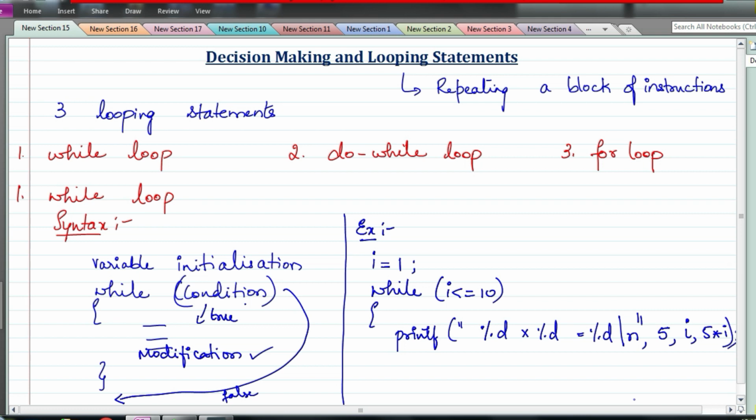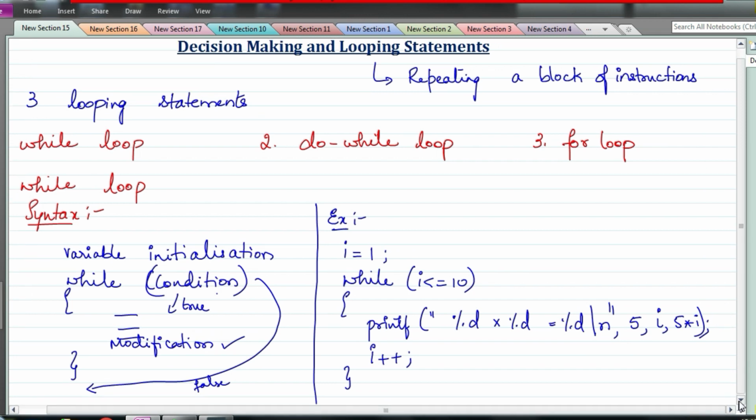This is going to display the multiplication table of 5. Right now i is 1, right? It is going to display 5 * 1 = 5. Next i should become 2, so we write i++ here. Okay, so what will be the output of this program code?